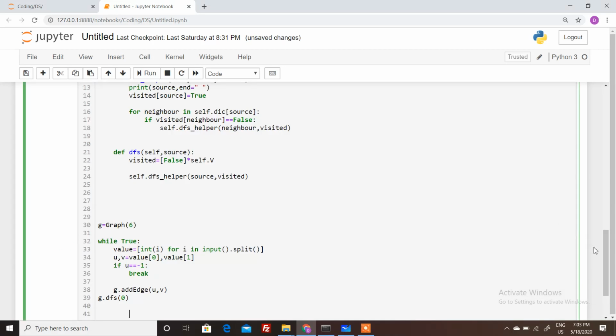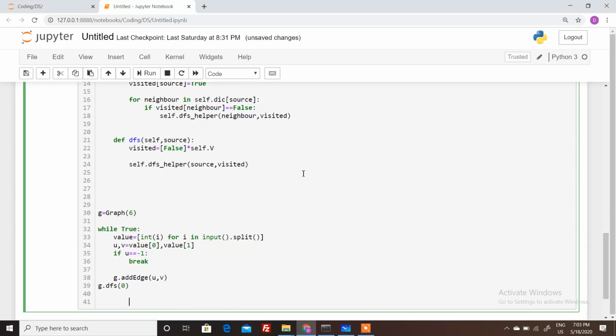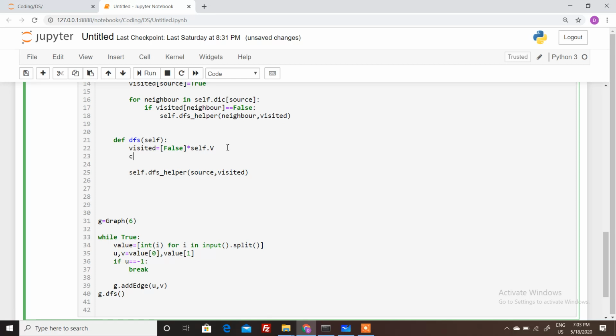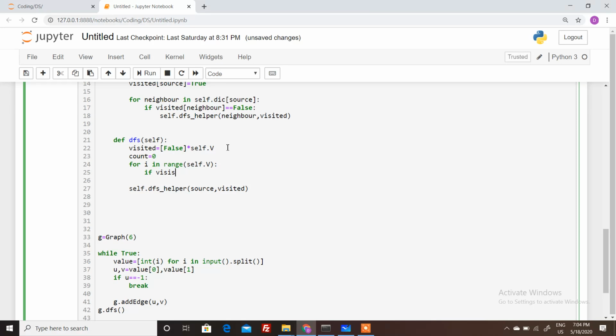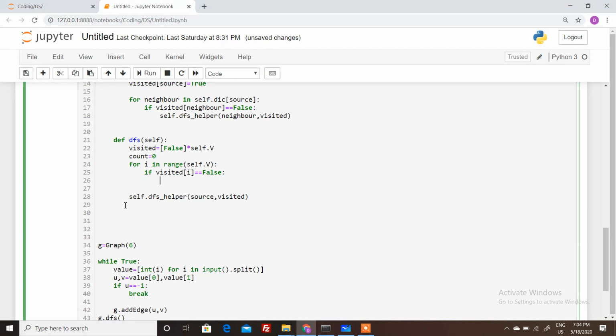What change we need to make is, we don't need the source node. We will iterate over all the nodes. So we will remove this source node, and declare one count variable as 0, and for i in range self.v, we will say if visited of i equal to false, we will call this function.